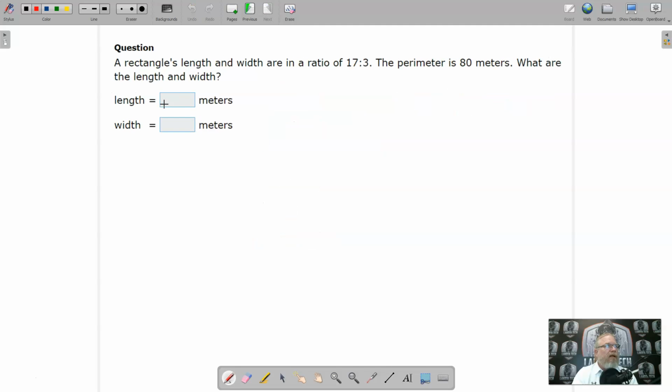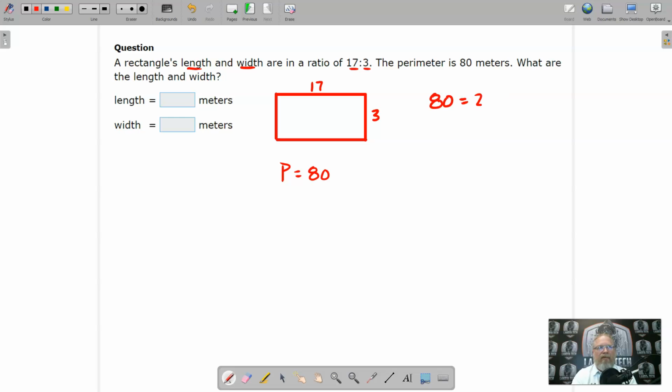All right. Let's look at the last question here. Rectangle, length and width. So we have a rectangle, we have a length, and we have a width, and it is 17 to 3. So length comes first, the 17 comes first, width comes second, the 3 comes second, so that is our width here. The perimeter is 80. We're looking for P equals 80. So in this case, remember that perimeter, let's go ahead and just plug that in. Perimeter is 80. And what's the formula for it? 2 times